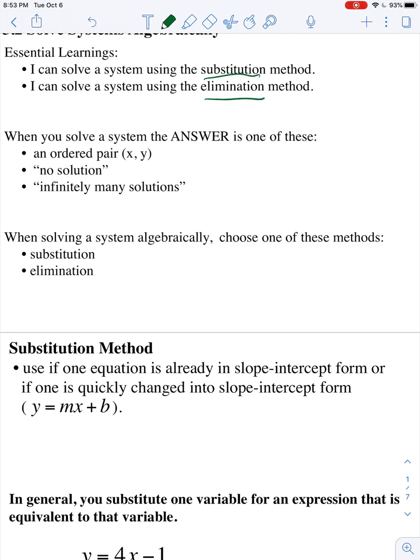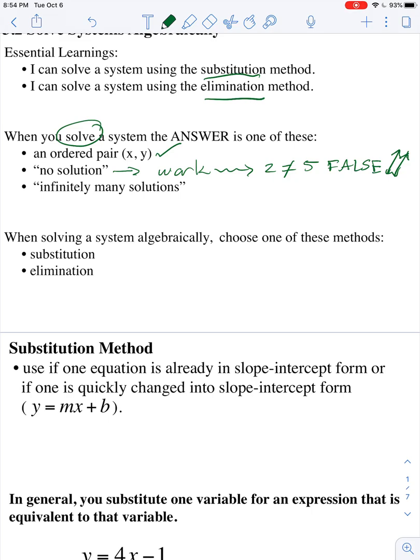This is going through kind of the same things. We're talking about substitution and elimination. When you solve a system, the answer is either an ordered pair, which happens most of the time, or no solution. So what's going to happen here is you're going to do your work, and in the end, you're going to get something like 2 equals 5, which is not actually a fact. And so you get a false statement. All the variables are gone. There's no x, there's no y. You get a false statement, and that means there's no solution, which still means that if you graphed them, they'd